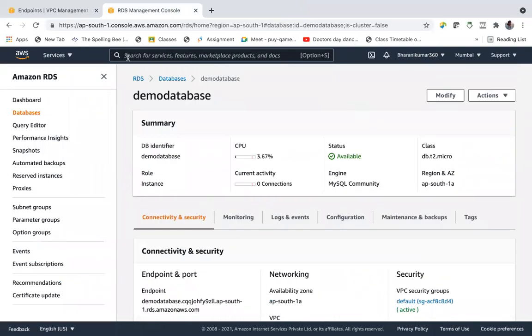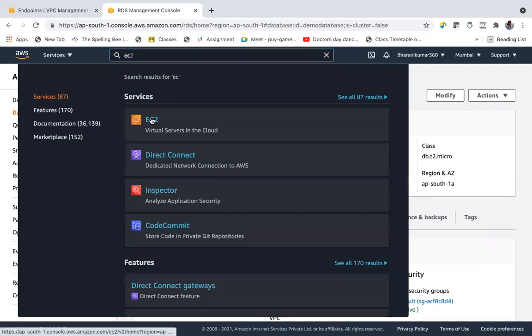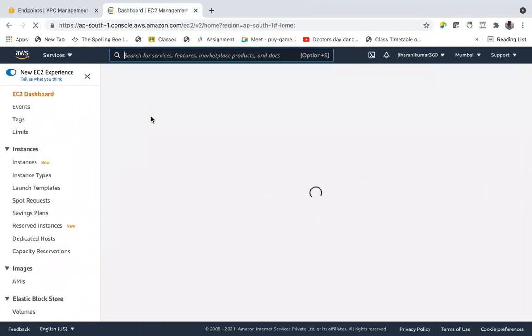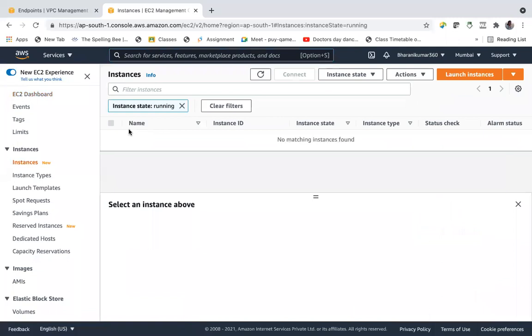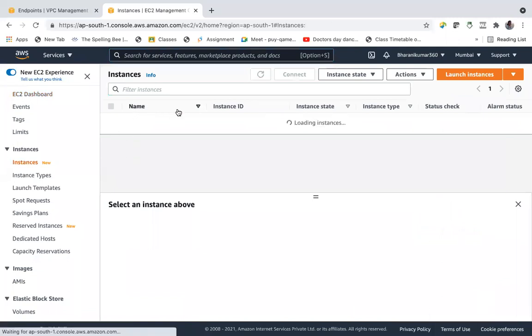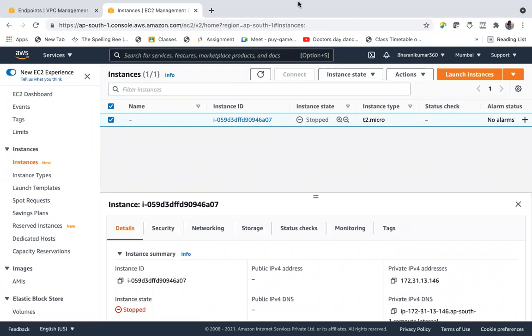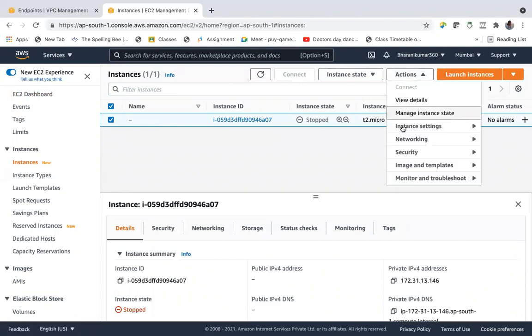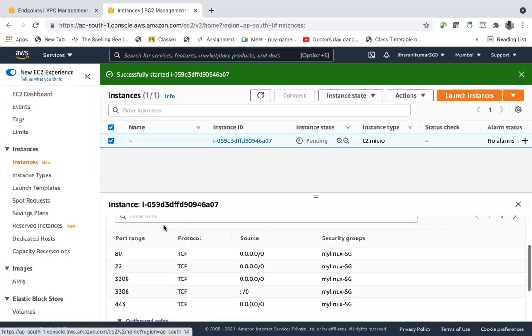So let's go to EC2. I already have this instance. Let us start it. Start instance. Meanwhile, you should update the security group of the instance.